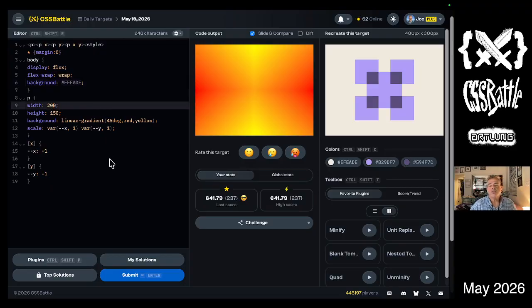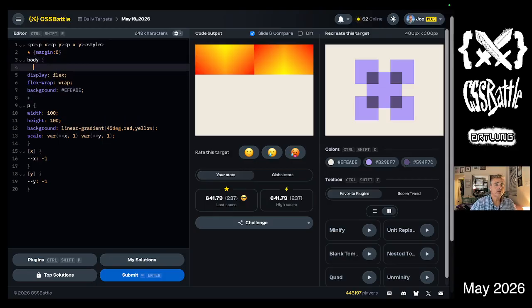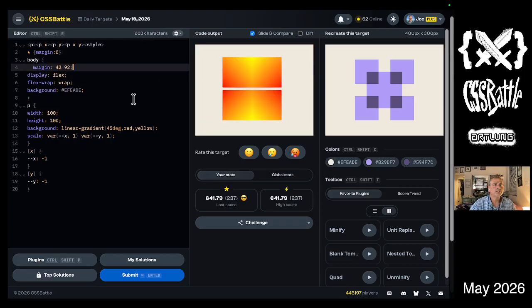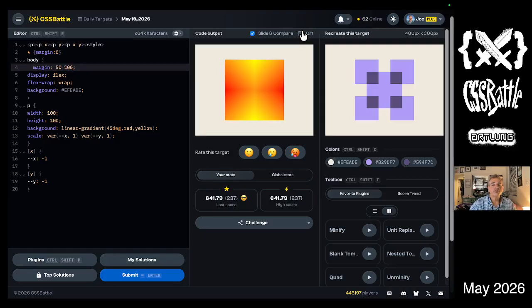And let's make them. So I think we know that's 80. So there's 100 width and 100 wide, I think. And let's set margins on the body. 4292 is what we saw. Yeah, something like that. 42, is it 50? Okay, so there's 4 elements